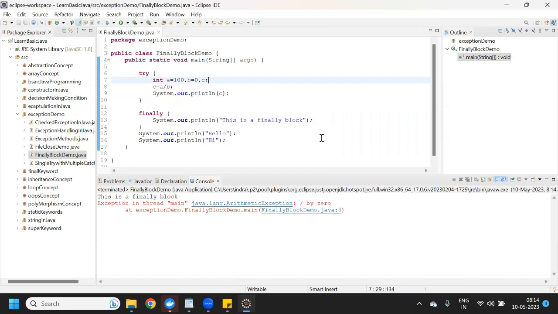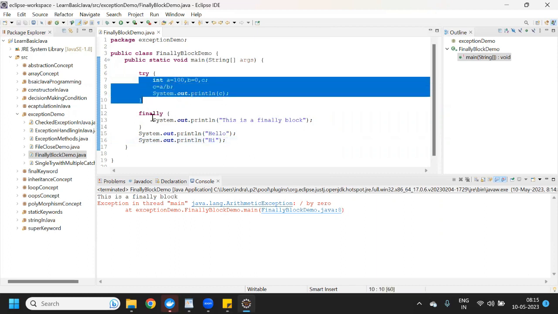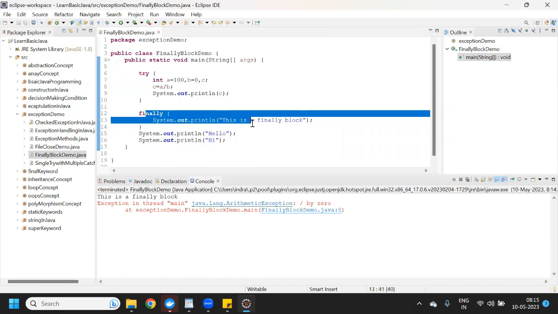In every case, the finally block code will be executed every time. It will always be executed, right? See, it is still throwing an exception, and this finally block code is being executed.